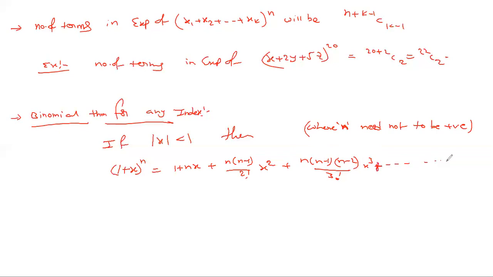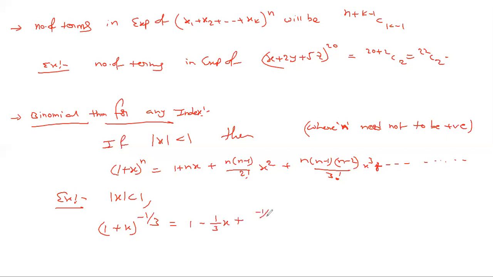Goes infinitely, okay? For example, modulus x less than 1, then expand (1 plus x) whole power negative 1 by 3. We need to expand this. Here n value is negative 1 by 3, so it will be what? 1 minus 1 by 3x